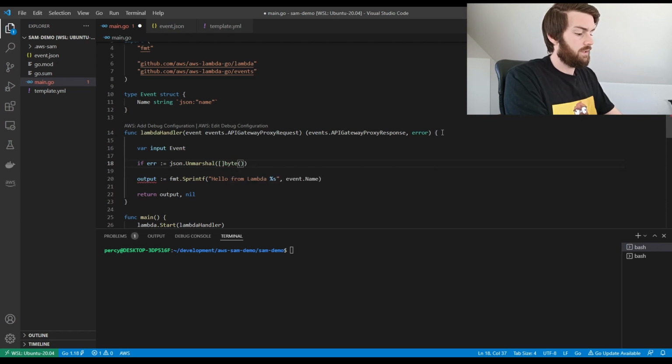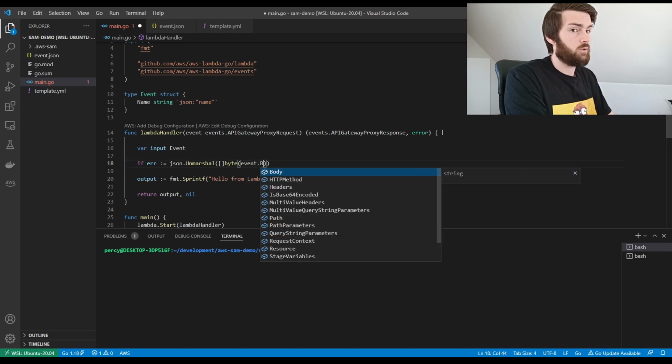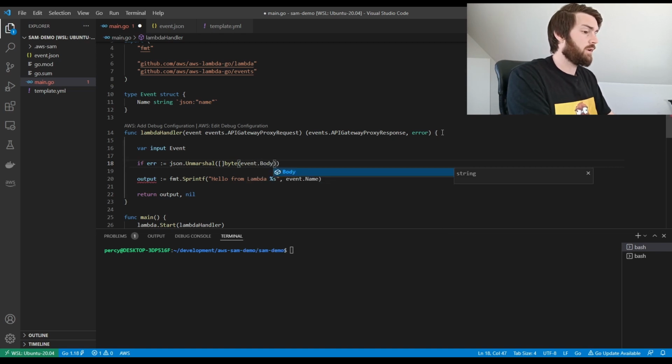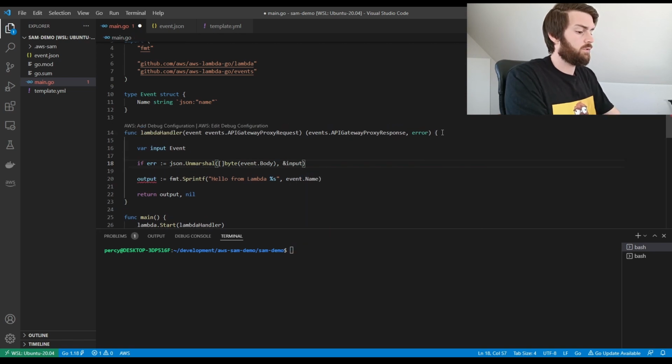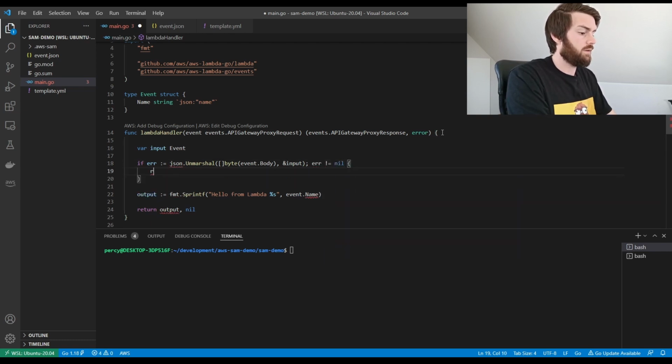And remember that the input from the user was a string, so we need to convert that to a byte array. And the payload was located in the body, and we want to unmarshal into our input,